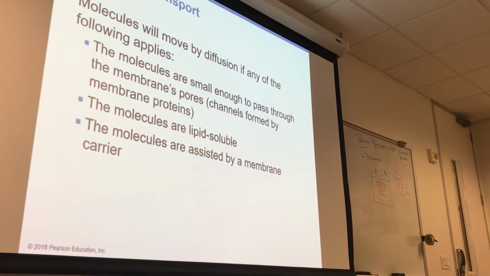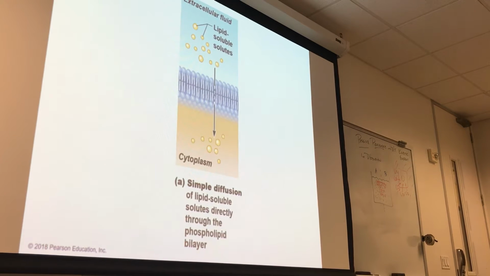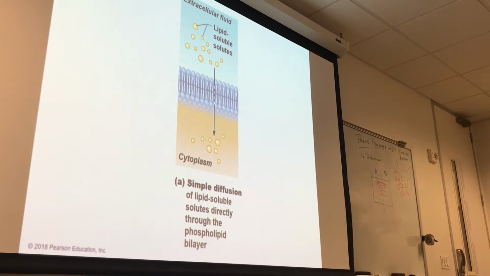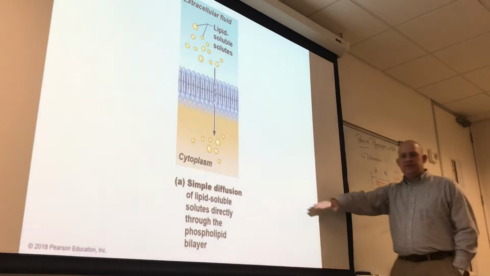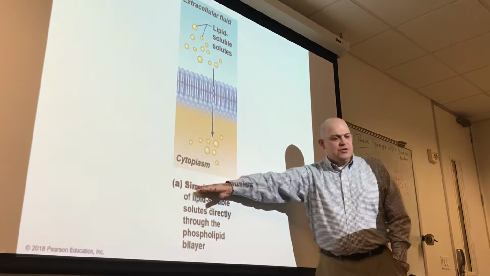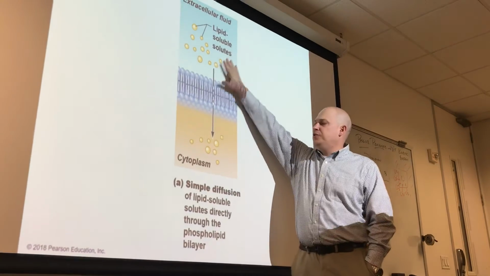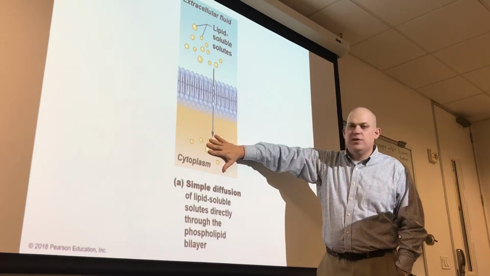And diffusion occurs, we're going to come back to osmosis. Diffusion occurs in a couple different forms. And this is important. It's important to differentiate the key forms of diffusion. The first type of diffusion is referred to as simple diffusion. Simple diffusion occurs when what we are moving from the interstitial fluid to the inside of the cell, or vice versa,